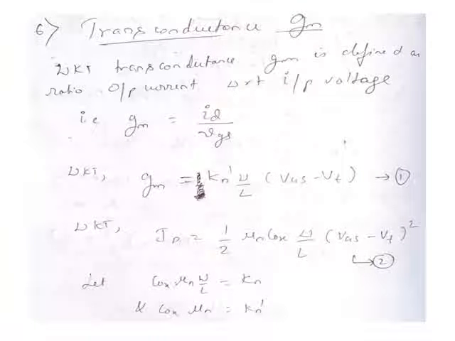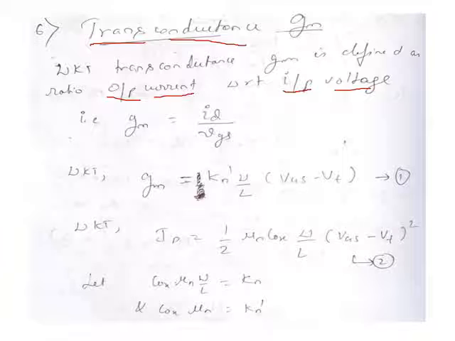So the next thing is a very important thing. I'll be deriving the expression for Gm. We know that the transconductance Gm is defined as the output current versus input voltage. Why output current? Why trans? It is trans because the output is controlled by the input. This equation specifies how the input controls the output. That's why it is called trans or transfer. Why is it called conductance? Because it is current divided by voltage. So it is transconductance.